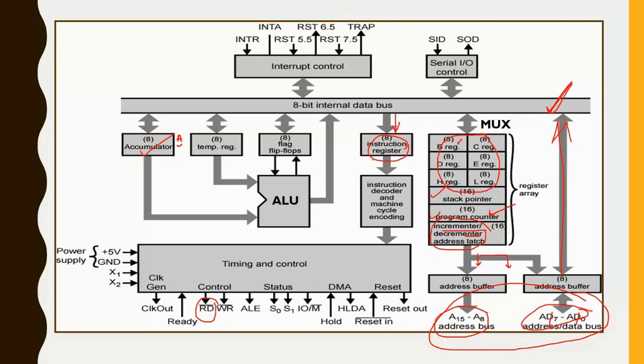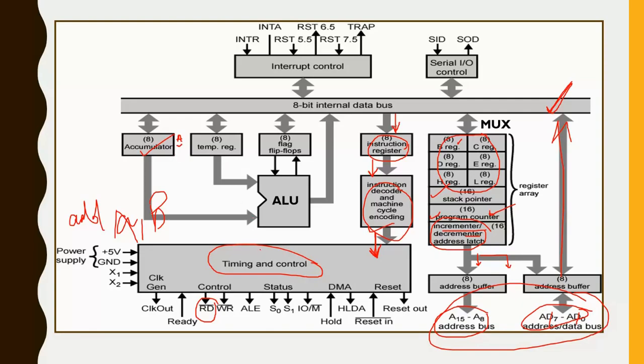So now the next step will be to decode and execute that instruction, right? Firstly decoding happens, and this decoding goes to this main block, which is the control system of the microprocessor. So this is timing and control signal. Now we have decoded the instruction, and let's say the instruction is add a comma b. So let's say these are the registers, so add register a with register b.